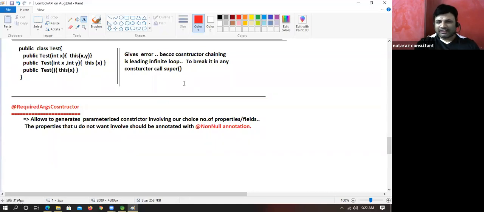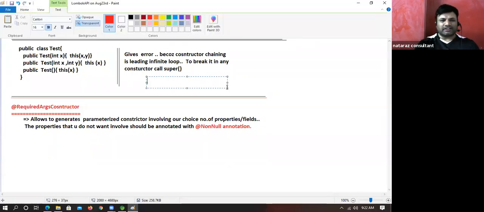Okay, na? We have two utilizations. this() is there, super() is there. this() holds the current invoking object reference. this() is useful to invoke one constructor from another constructor. Are you understanding my point? Okay.